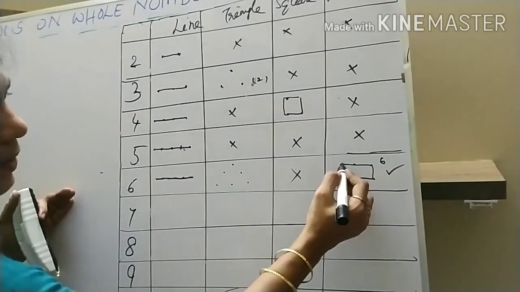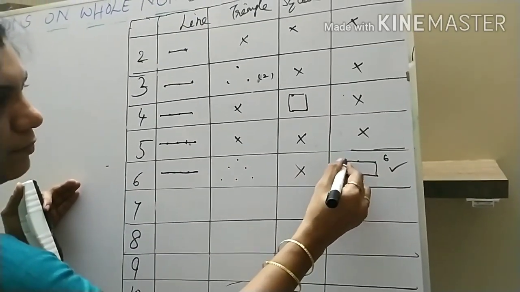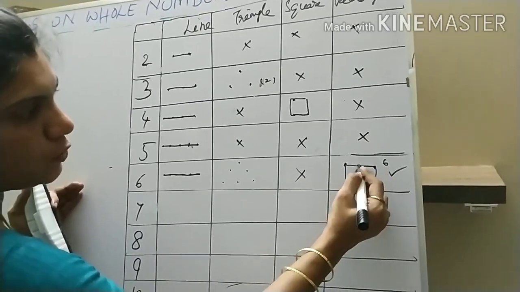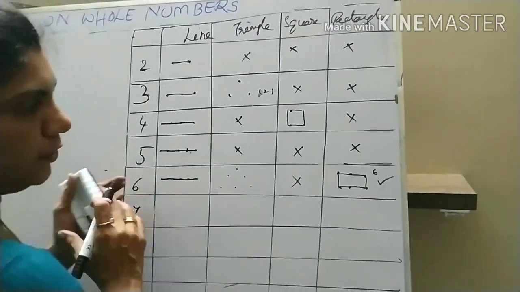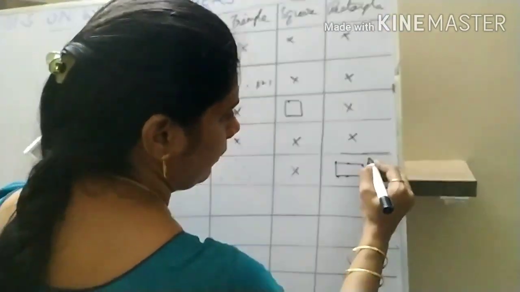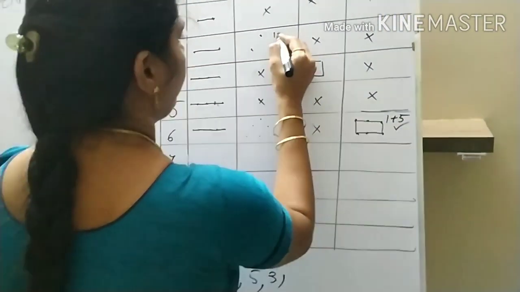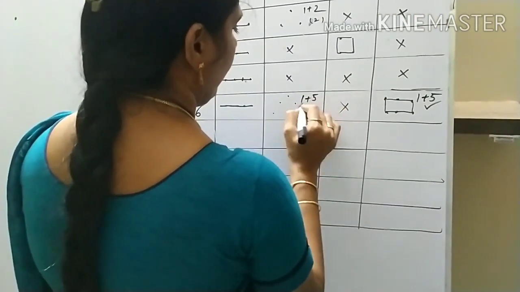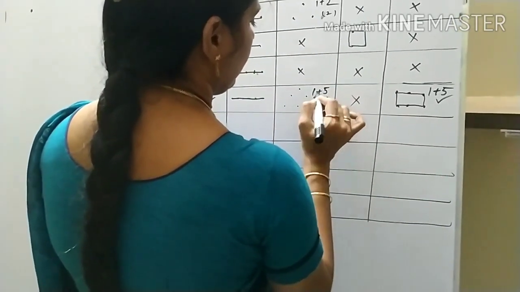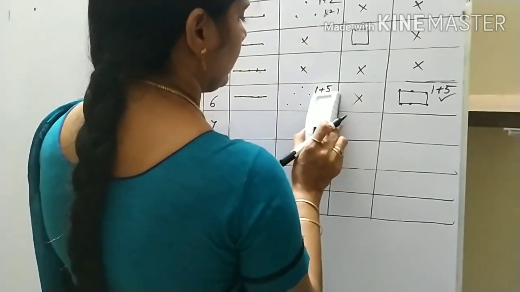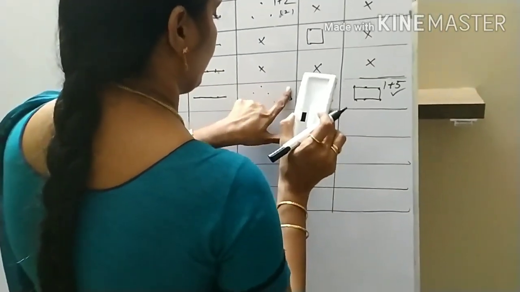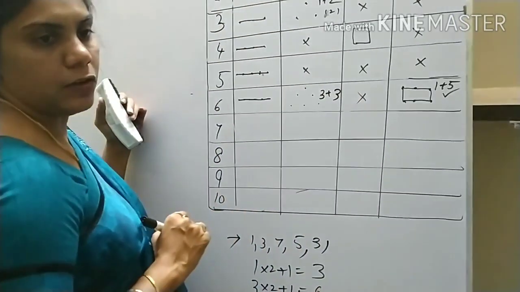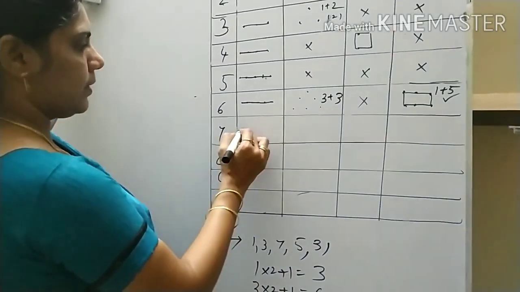Okay. So if you think that this one dot is the base dot, then to complete one rectangle you have added 5 dots. Remaining 1 plus 5. Here 1 plus 2. Here 1 plus 5, or 3 plus 2, or 3 plus 3. So you have already formed 3 here, right? 3 plus 3, extra added 3 dots. Like that. Okay.